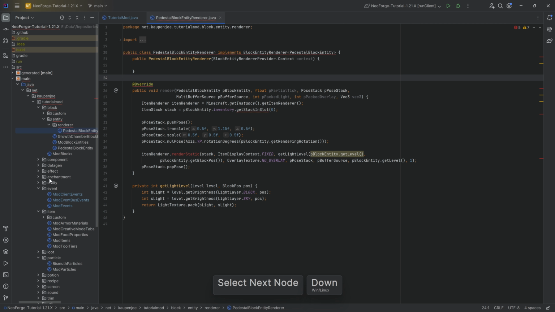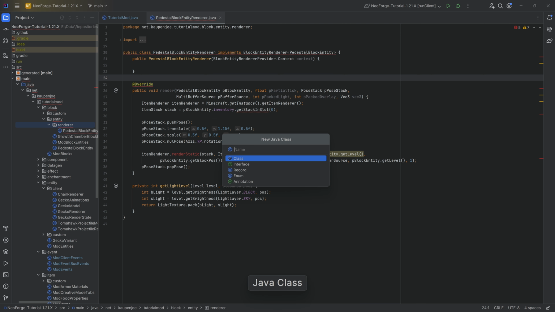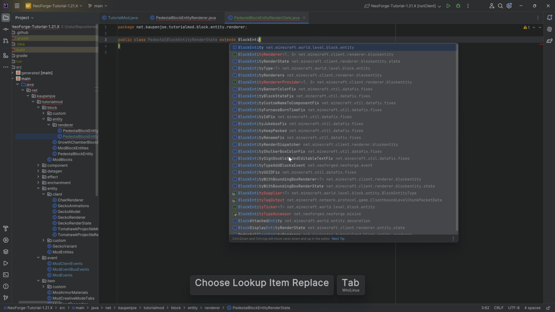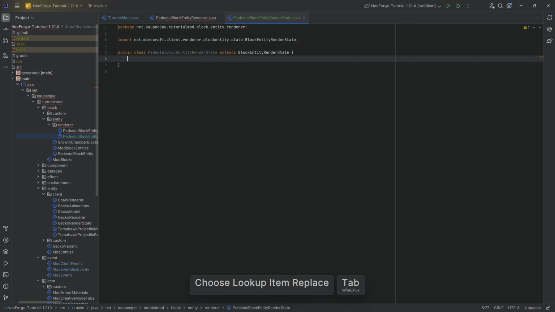Well, similar to how they've changed the entities and the entity renderers to now include the render states, this is now the same thing for our block entity. So in entity renderer, we're going to make a new Java class called the pedestal block entity render state. There we go. Awesome. And this render state is going to extend from the block entity render state class. And here we're going to need to basically put everything in that is going to be used later by our